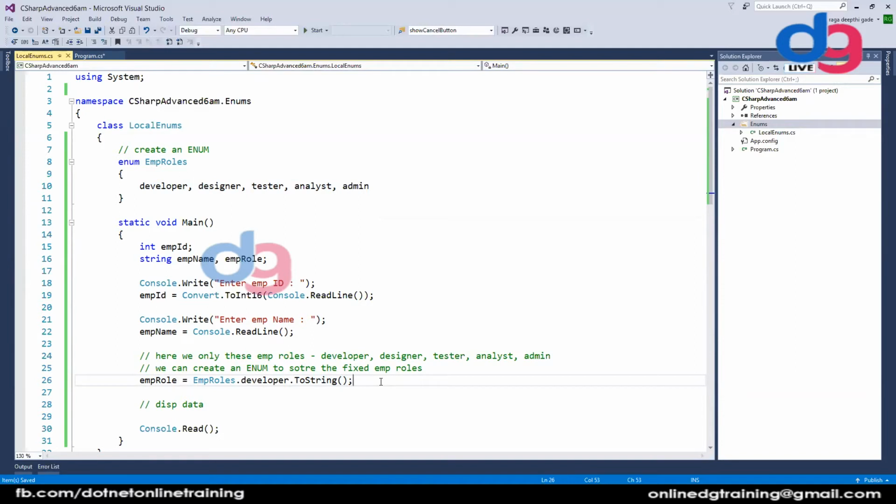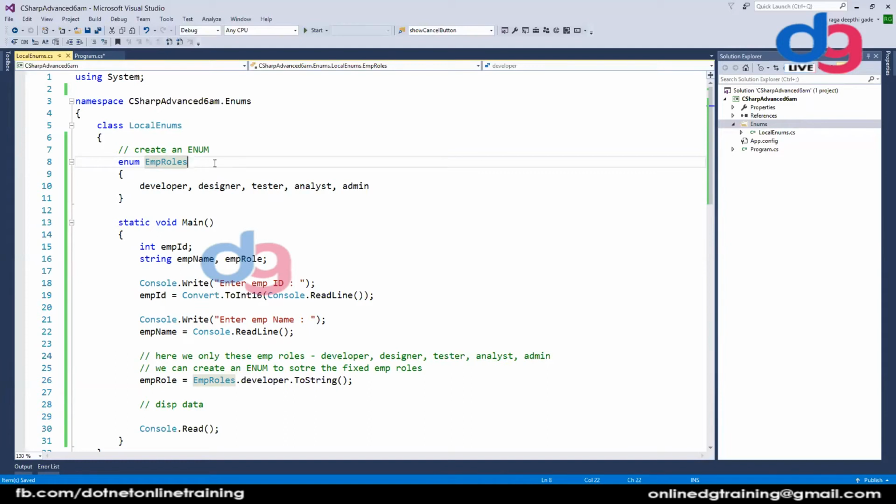Clear? Yes. So enum is used for a specific purpose when you have some fixed values or fixed options. Let's say payment mode is there. Payment mode is fixed. What could be the payment mode? It could be online, Paytm or Google Pay or some kind of online transaction, debit card, credit card.